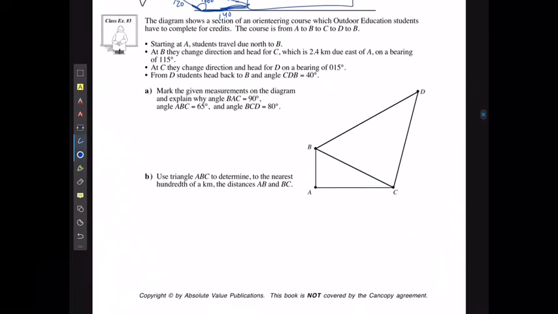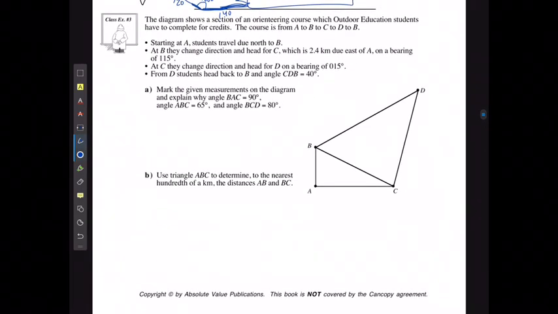For example 3, we have the diagram shows a section of orienteering course which outdoor education students have to complete for credits. The course is from A to B to C to D, back to B. Starting at A, students travel due north to B. At B, they change direction and head for C, which is due east of A on a bearing of